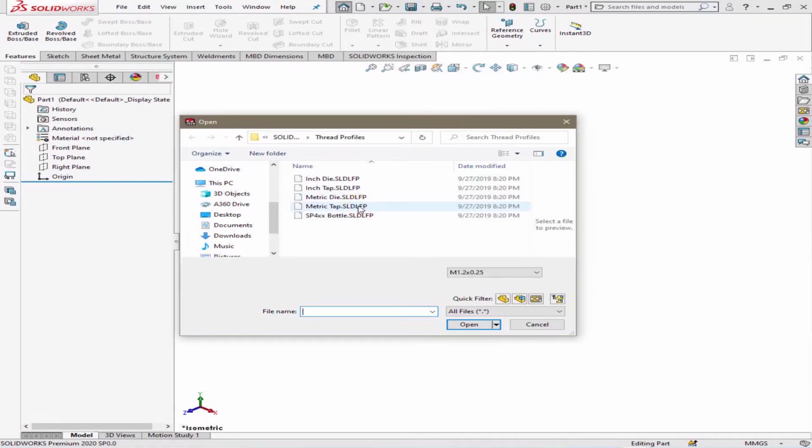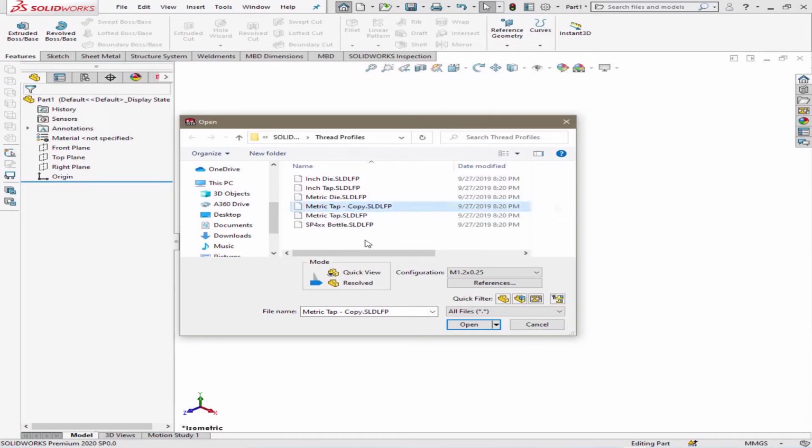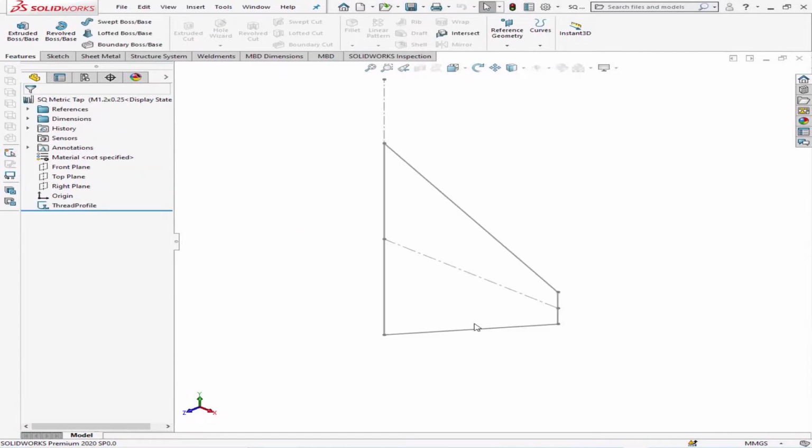So first of all, copy, then paste it back, and we rename that file. You can rename it to what you like, but for this case I'll call it SQ metric tap. Now we open this file and we want to edit the profile or the diagram that you're seeing there. So edit it,